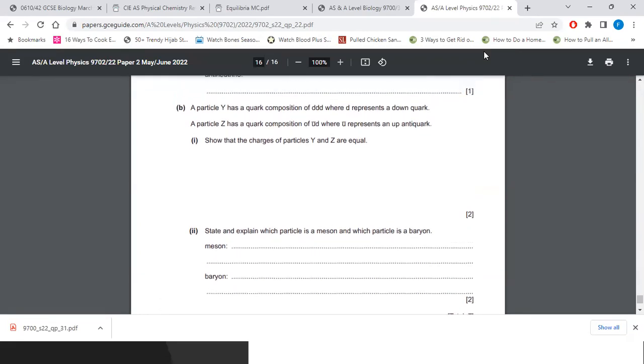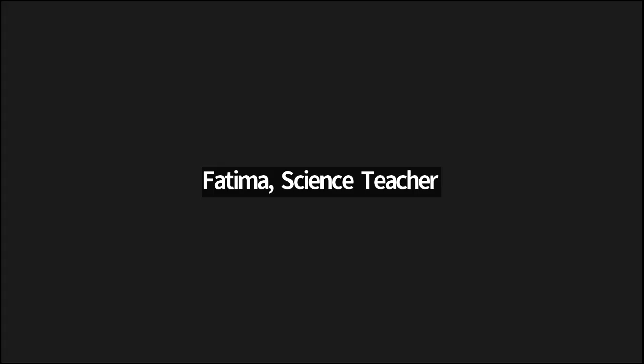State and explain which particle is a meson and which particle is a baryon. Meson is a quark and an antiquark. Yeah. So we have u and d, so particle Z is a meson. Correct. And a baryon is all three quarks added up, so it's particle Y. Good job. Correct. Okay, so we will go ahead and